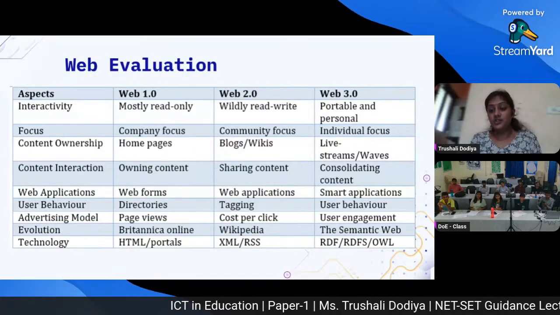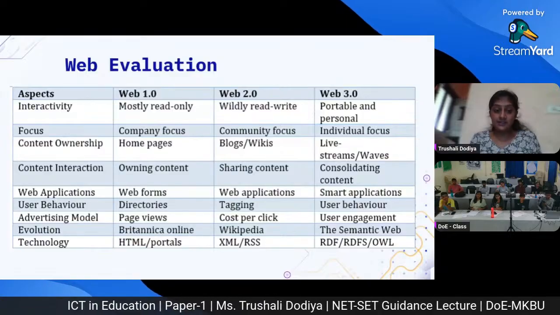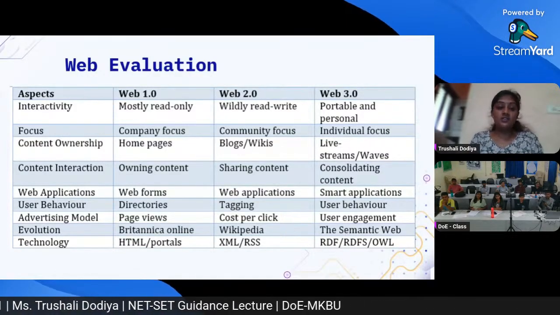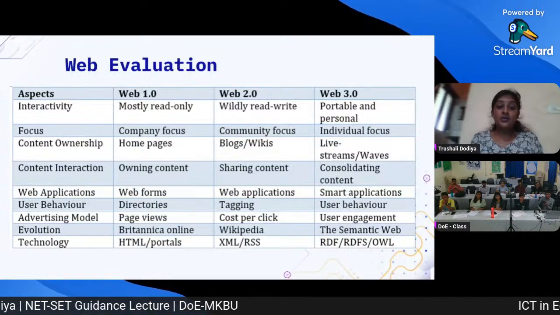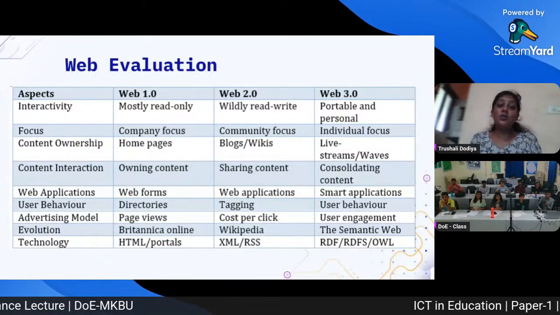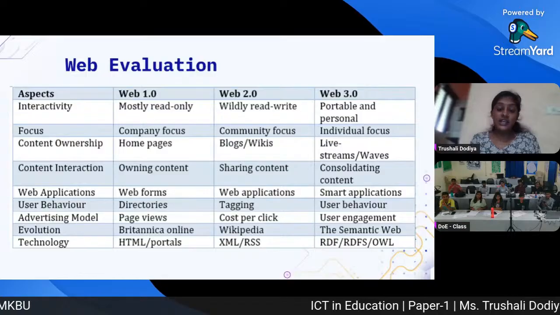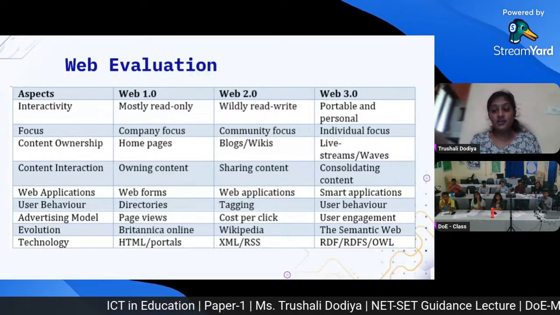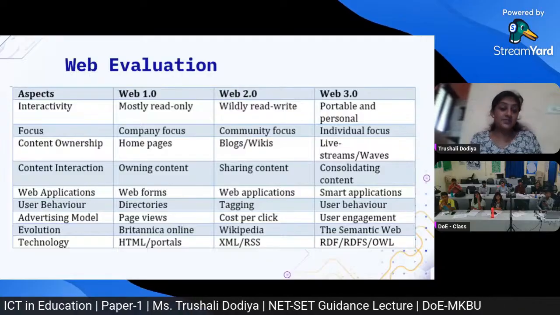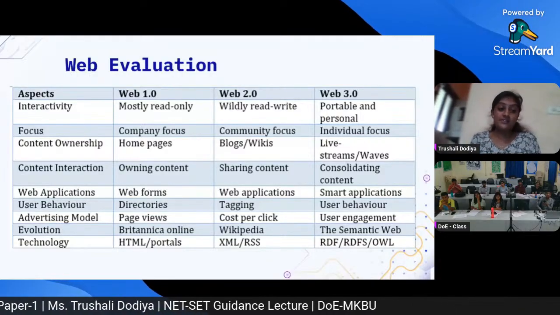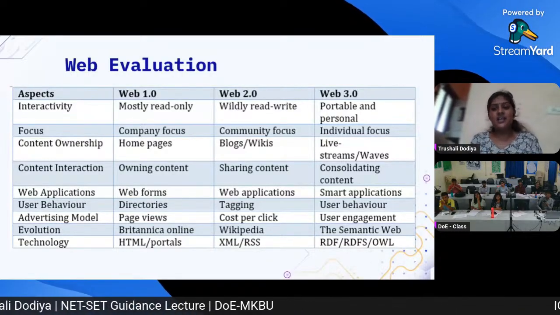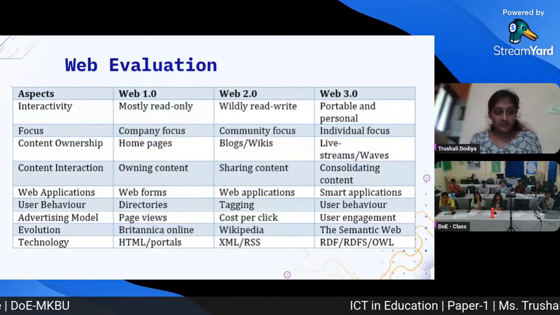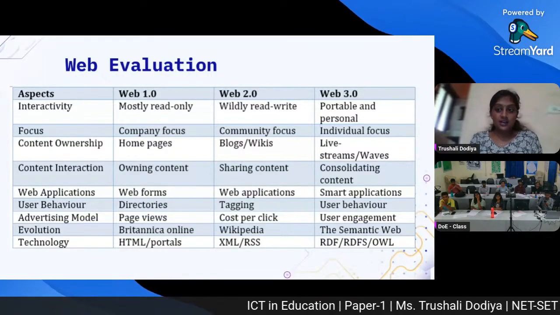And in Web 3.0, there is this individual focus. So individually, we can have access to it, which earlier was not possible. Content ownership in Web 1.0 is home pages. On the other hand, in the second one, it is blogs and wikis. And in the third wave, it is live streams and waves, as we are doing right now, live streaming through StreamYard. There are a lot of platforms that are availing us video conferencing and all through the access